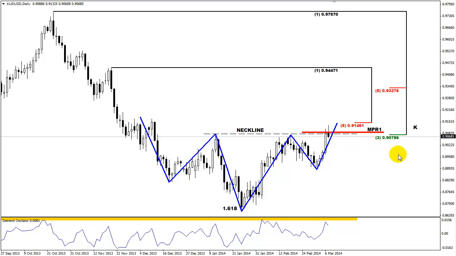and it has reached a very strong resistance area that consists of the confluence resistance area, the K area on the daily time frame, the monthly pivot resistance one on the daily time frame, and also the previous highs that form the neckline. So this is resistance,